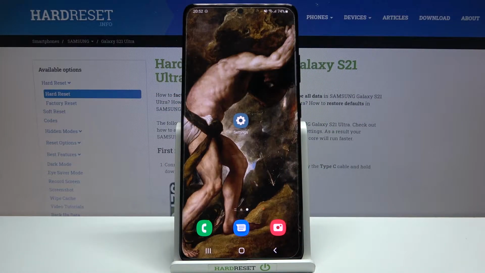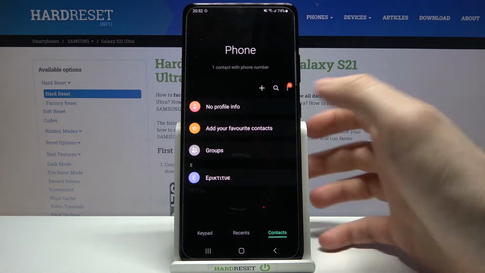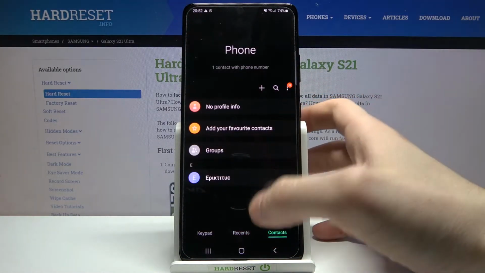Here I have Samsung Galaxy S21 Ultra, and today I'm going to show you how to add photo to contact on this device. So first of all, you have to open your phone application, then you have to enter contacts